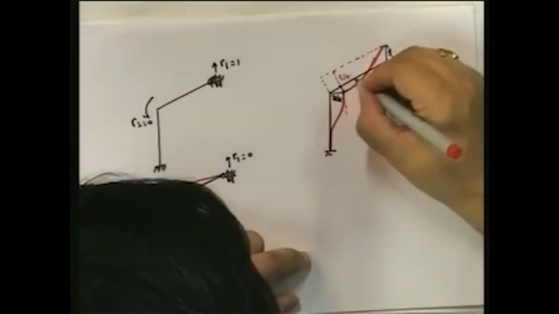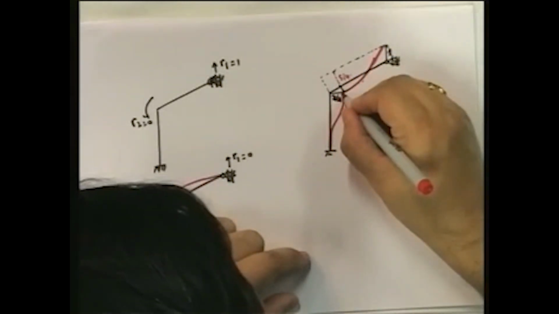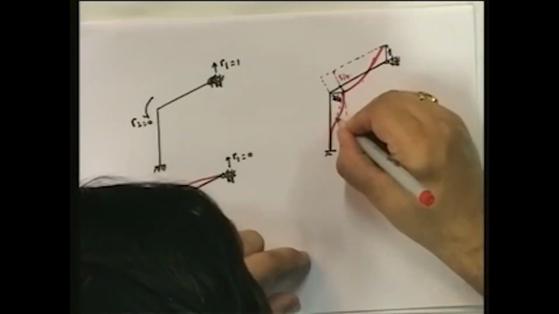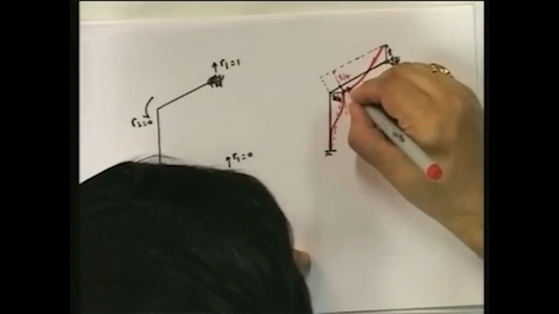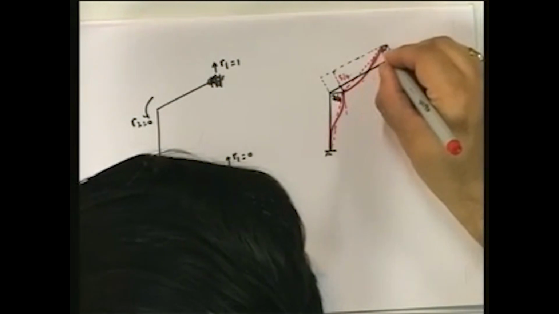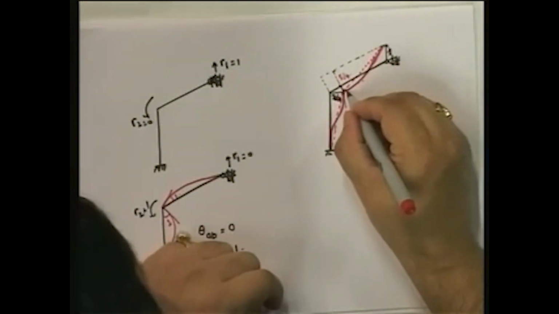Okay, so if I draw the chords, because ultimately it is the tangent from the chord, so my chord goes this way,